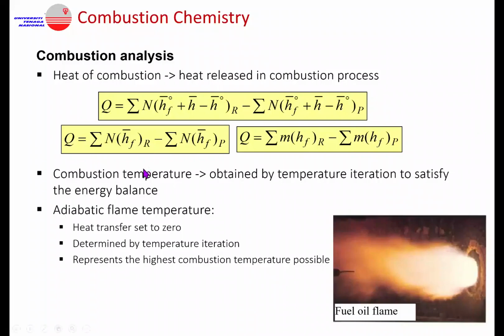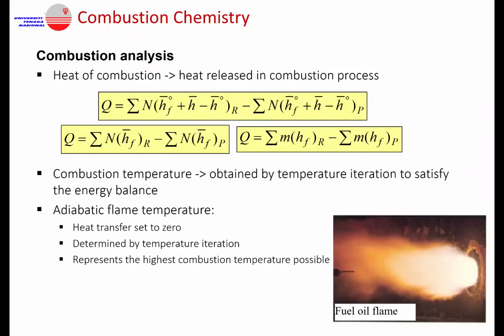Okay, similarly, when you have a combustion, it is important for us to estimate the maximum temperature possible from a combustion process. This temperature can also be obtained from this equation. Let's say we are talking about a combustor. You have a reactant, you have a product. You supply fuel, you supply air into the combustor. Combustion happens, it releases the heat, and at the same time you have a number of species